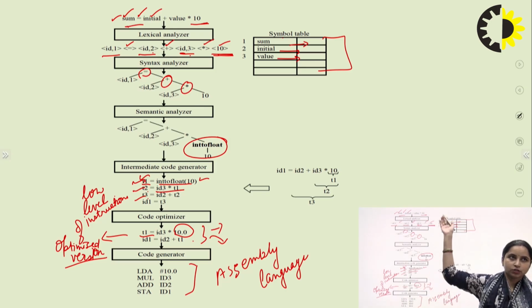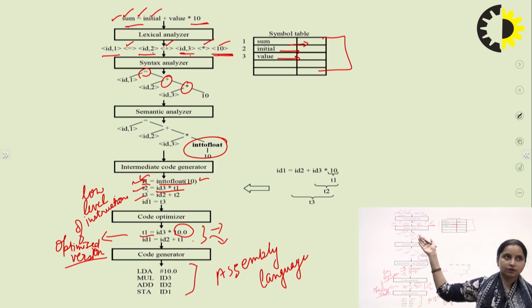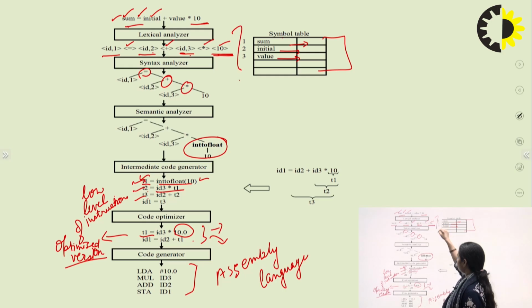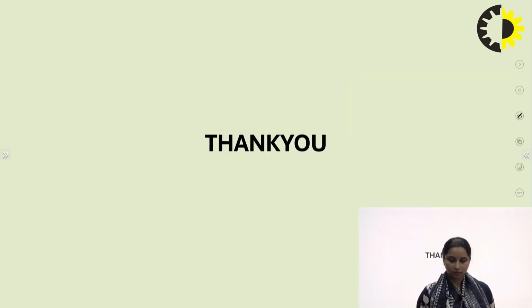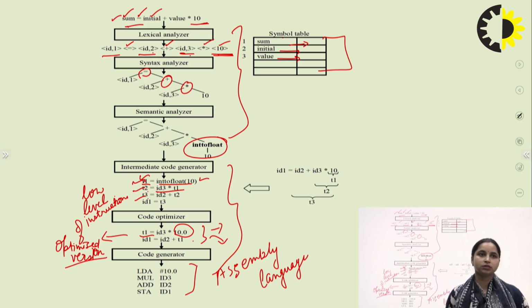So whatever the source program is, one by one we are passing it through all of these. This part is the analysis job, and this part is the synthesis job. All this is done step by step. You can take this example. This is how the compilation job is done by each and every phase. I hope after this lecture you will have a clear understanding of how these phases work with the symbol table as well as the error handler.